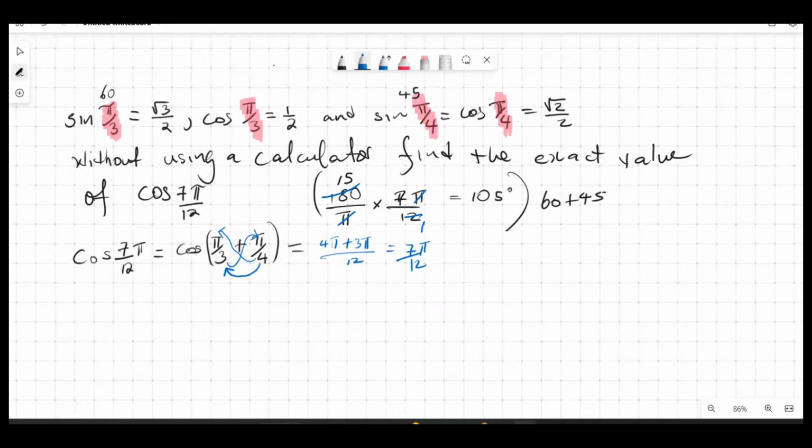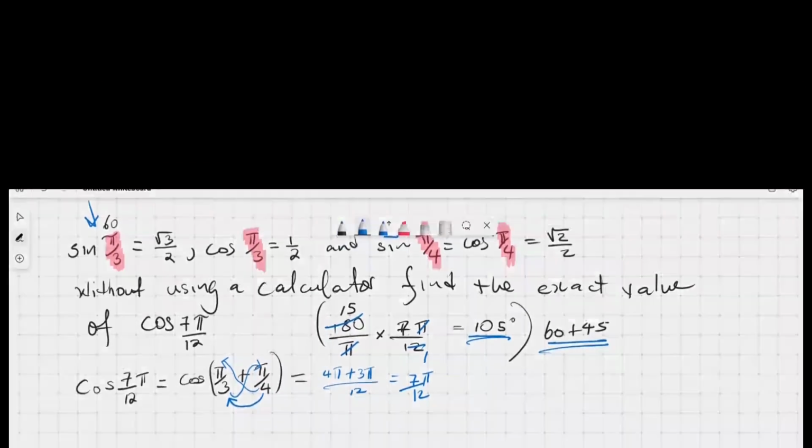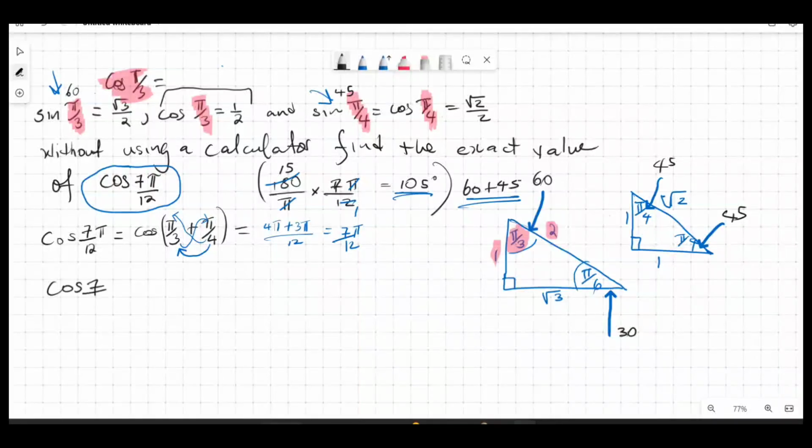But I'm just saying to you, if you want to avoid thinking in radians, nobody will crucify you to convert your radians to degrees for yourself and understand what you're putting together. But at the same time, you want to be able to relate that 60 degrees is the same thing as pi over 3, and 45 is pi over 4. You're still going to have to come back to that at the end, because they do want their answer. They do present the scenario in a certain way. So cos of 7 pi over 12 is the same thing as,